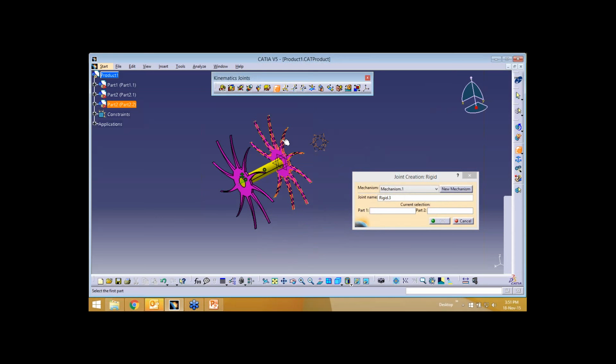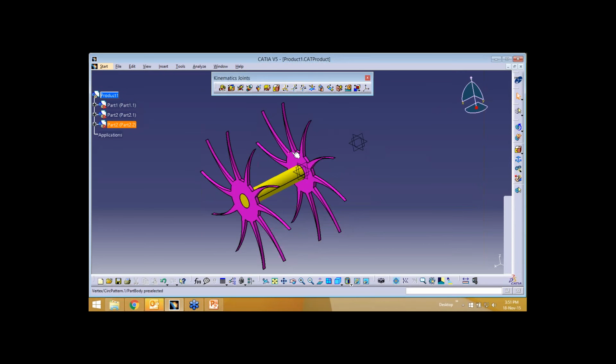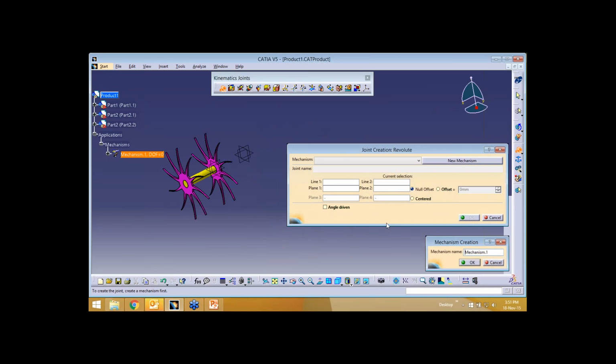I'll go for a revolute joint. I'll create a new mechanism. I'll say okay, and give a coincidence between the revolute joint of this part and this face to this face. I'll say okay, and fix this shaft, and then give an angle driven value from 0 to 360.